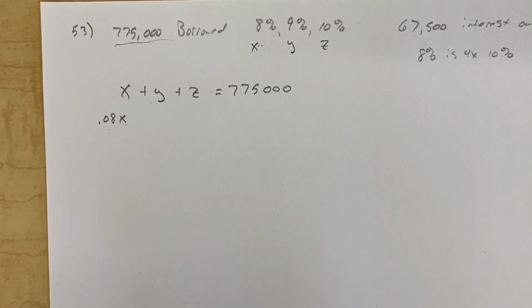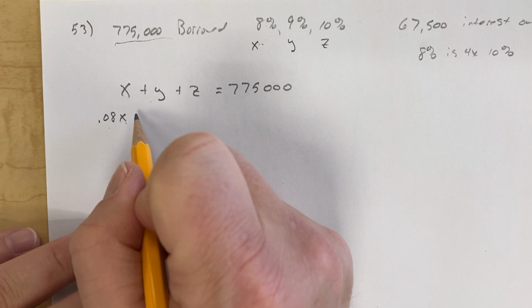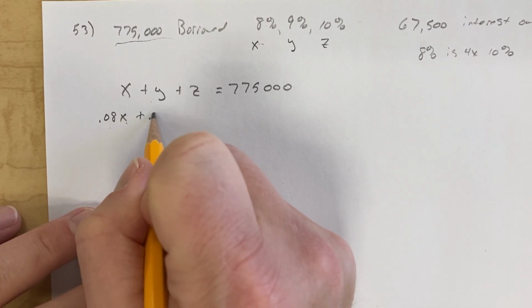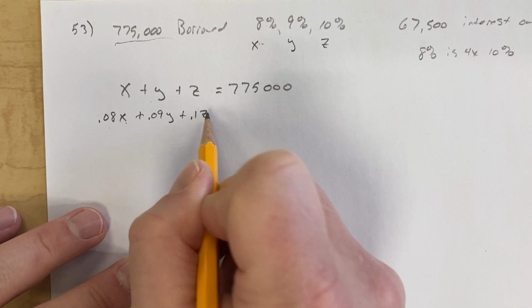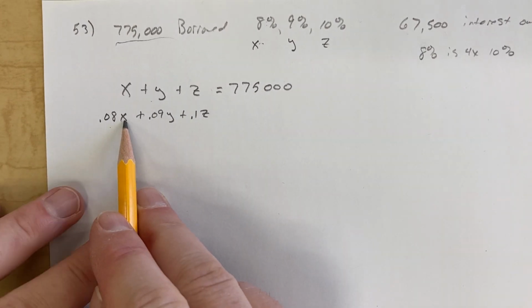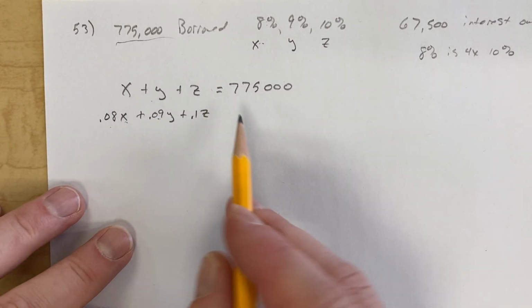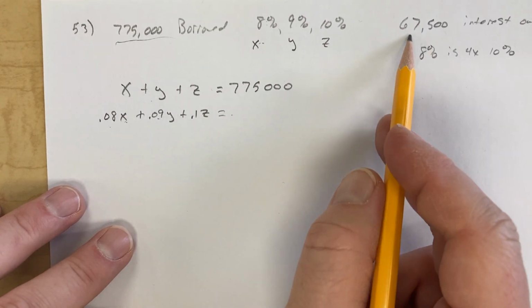So you'll be paying back, in a sense, $108 for the right to use that money for whatever you needed it for. Same thing for the 9%. You're going to pay back 9% of that in interest, and for the 10%, same thing. So we're doing 8% of X, 9% of Y, 10% of Z. That's our total interest, which we were told was